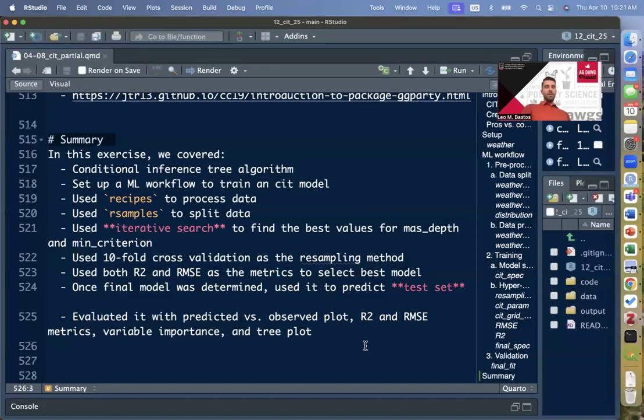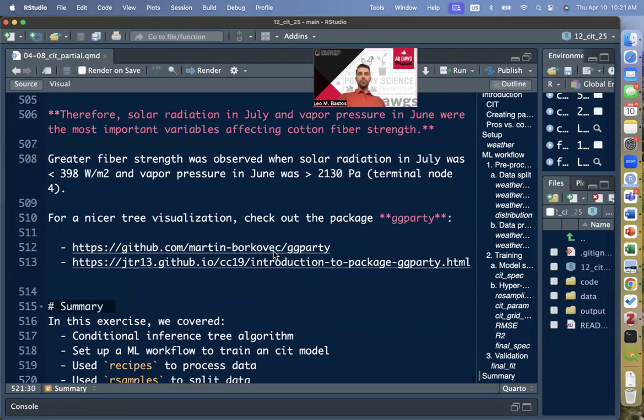And then finally, we evaluated with predicted by observed, and then R-squared and RMSE metrics on the test set, variable importance, and the tree plots. All right, so we just finished this. Let's go ahead and